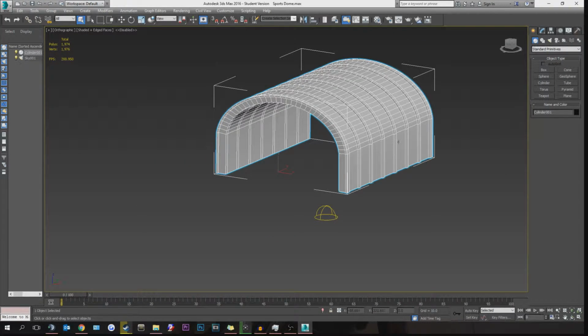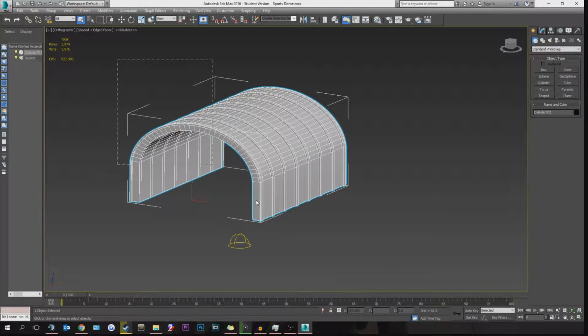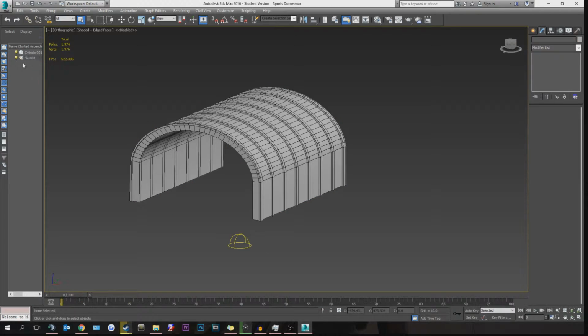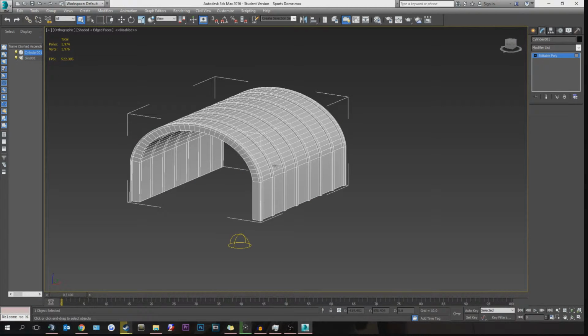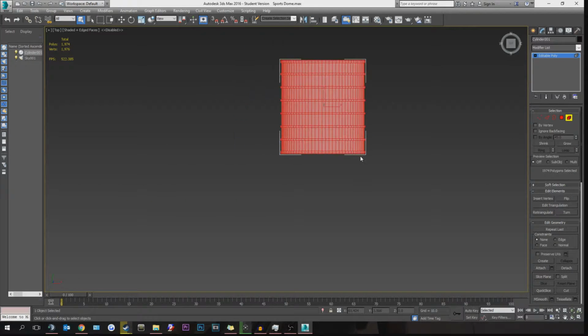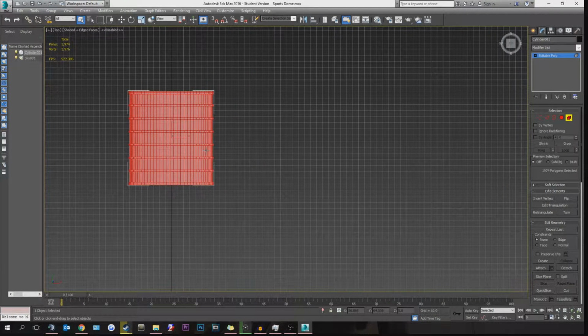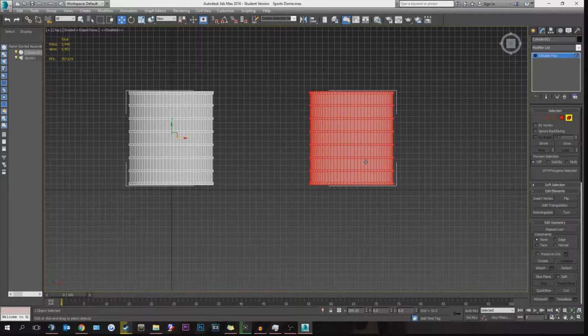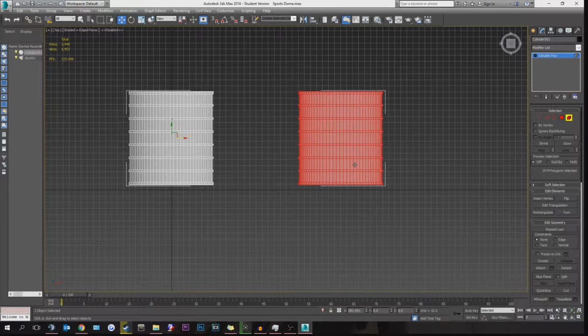So what we're going to do first of all is go onto the sun tool. We're going to click on the cylinder, press 5, and we're going to select the lot. Going to go to top view and press G for grid again. Press W to make sure we're on the select tool, and we're going to drag this over to, let's say,